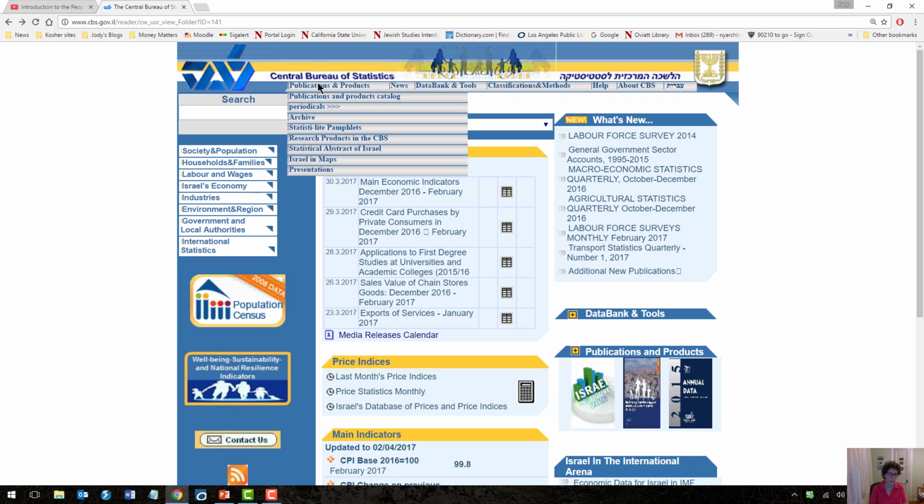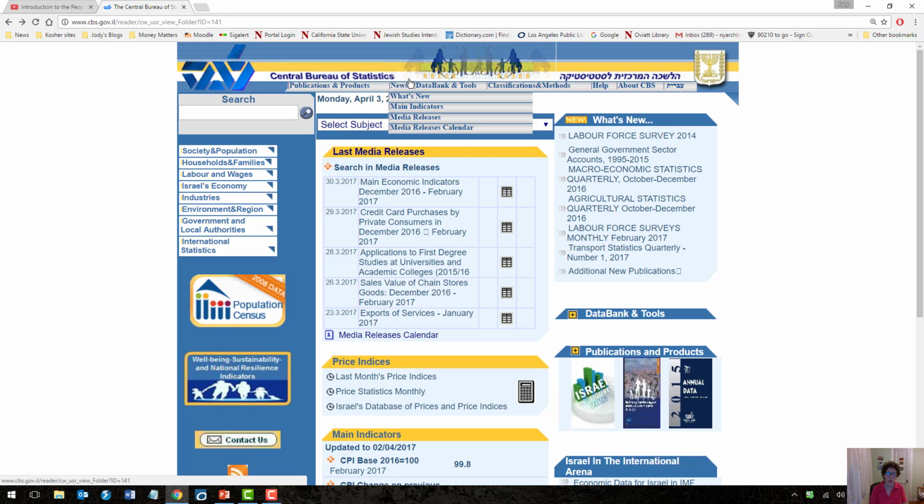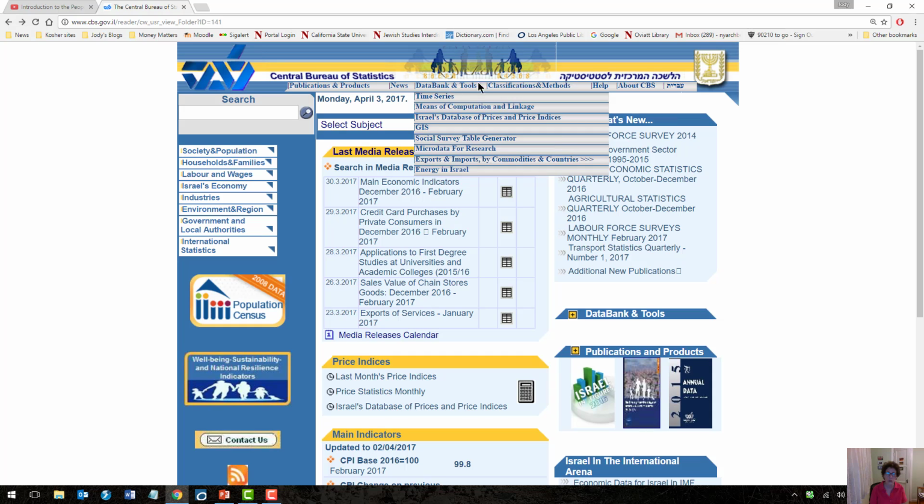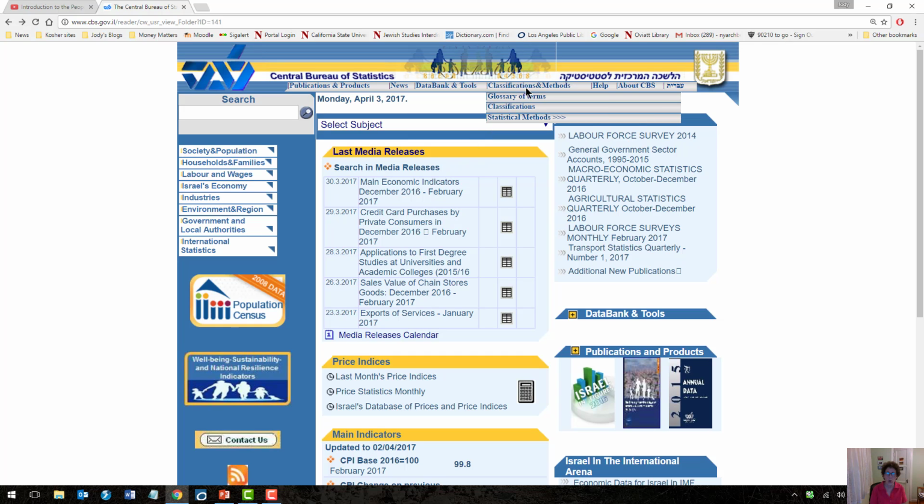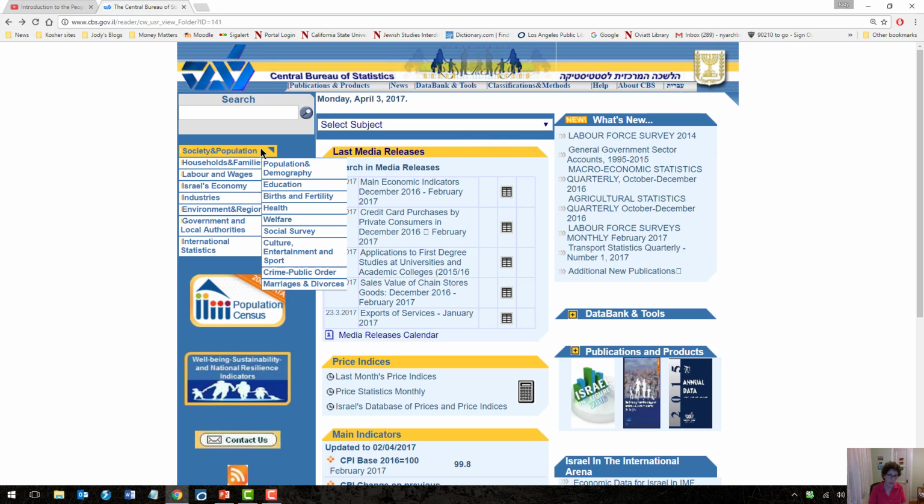There's a lot on here: publications, Statistilite pamphlets. We're going to be looking at one of those. All sorts of stuff: maps, presentations, news, data bank and tools, how they do their work, and you can look at the site in Hebrew if you want, which I don't think you will. At any rate, under the population and demography link here, drop-down menu, we're going to click on this, and we're going to get